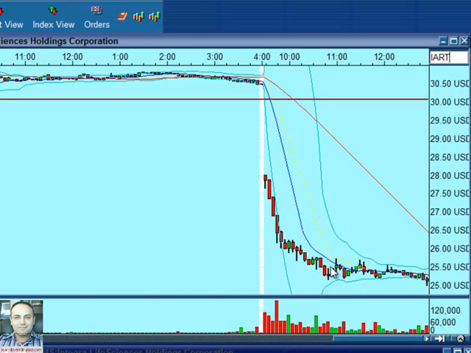To make it easy, I'll just draw a trend line. It goes this way, and as soon as it penetrates that trend line and the volume dries up, that tells us the institutionals just came out of the game and are ready to take their money, close their account and wait till tomorrow. That's what you do: you look for stocks that gap below yesterday's low and make what I call